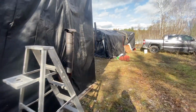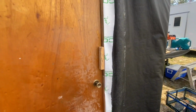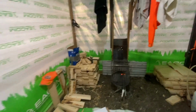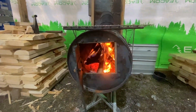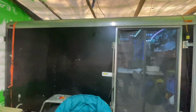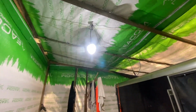Alright, there's nothing much outside of the camp, but let's go inside. Got the wood pile. The wood stove. You got shit to dry your clothes. My enclosed trailer. Got a little table here to do whatever. Got a light, a really nice bright light up there,